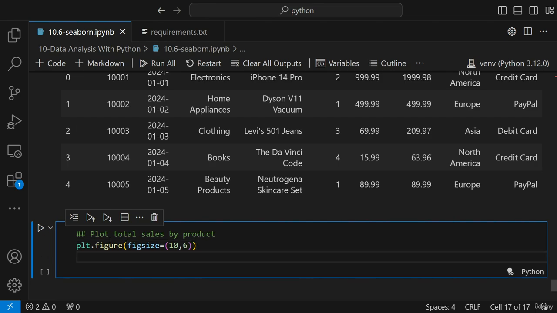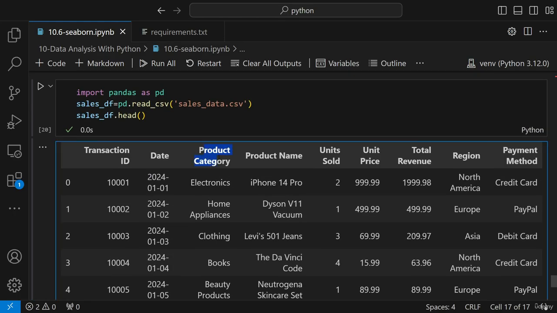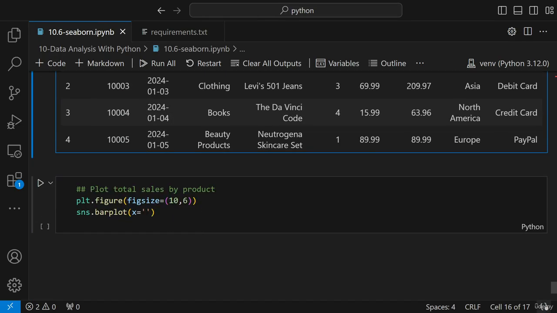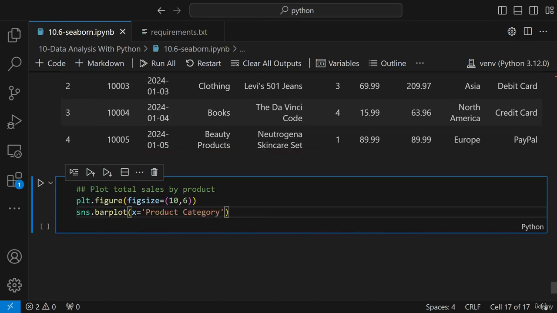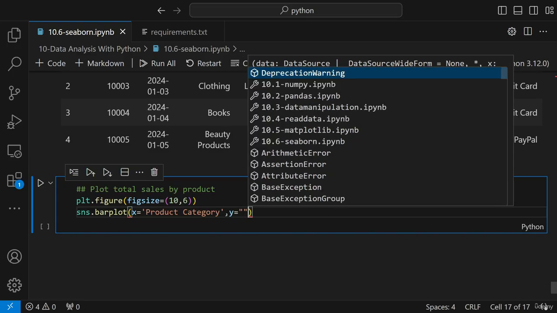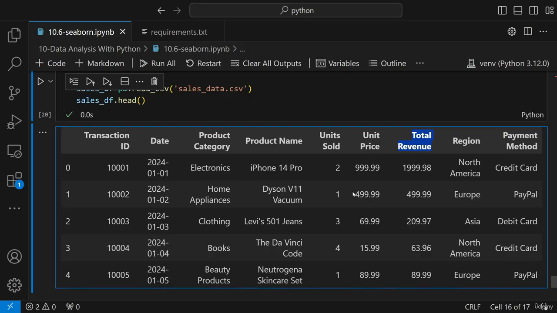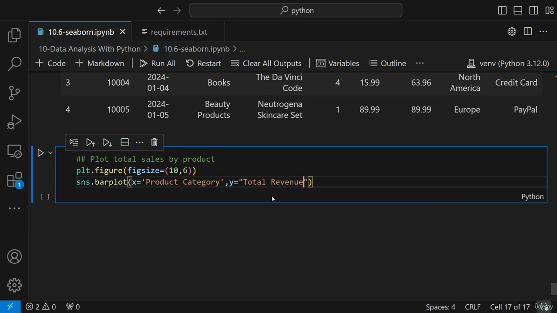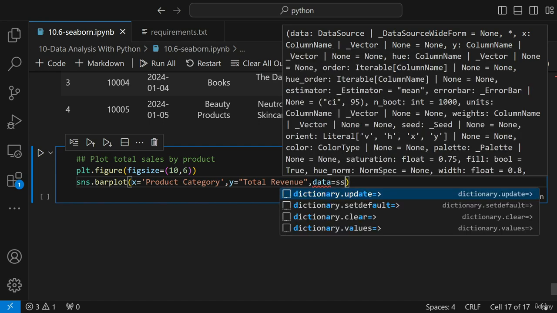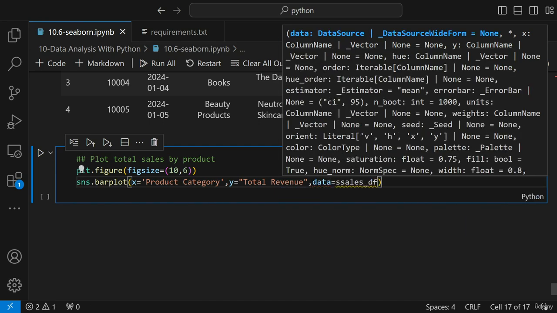And here you'll be able to see that I'll use a bar plot, sns.barplot, and my x coordinate, let's say, is with respect to product category. Okay, so I will go ahead and probably use this product category. And my y coordinate will be nothing but revenue. If you see over here, it will be total revenue. Okay, and then I can actually go ahead and give my data, which will be nothing but sales_df, and then